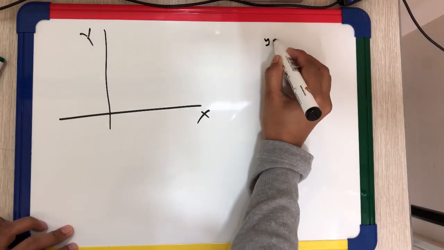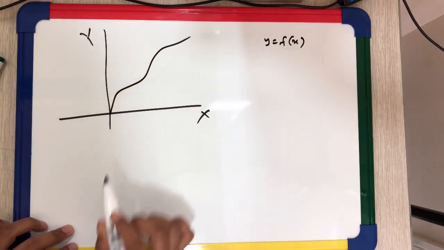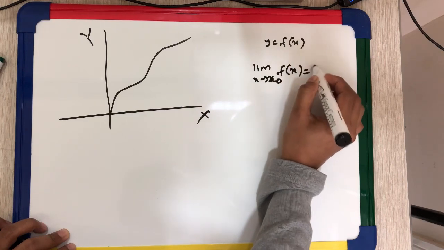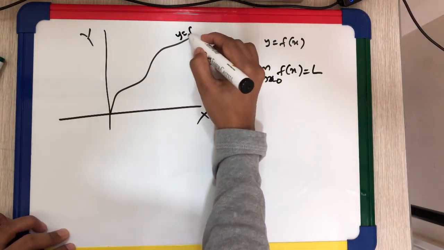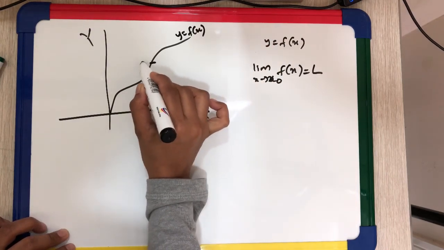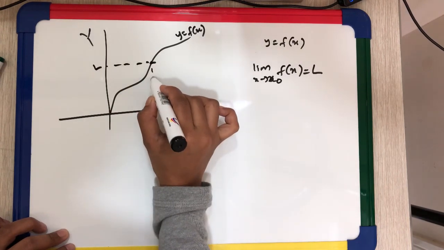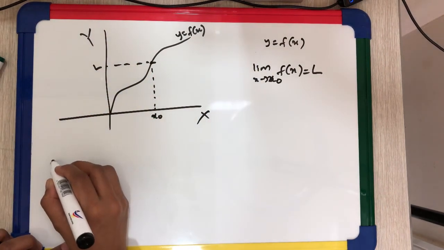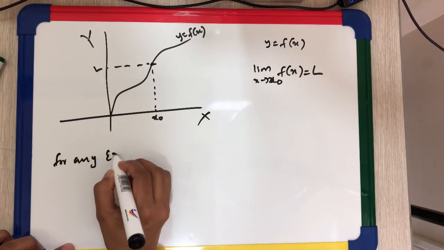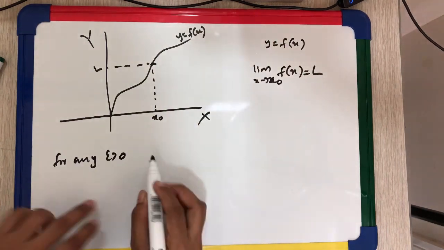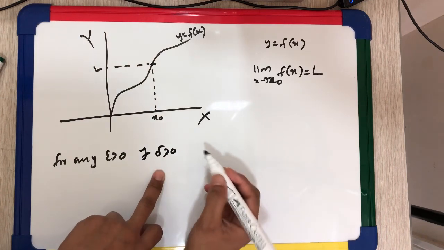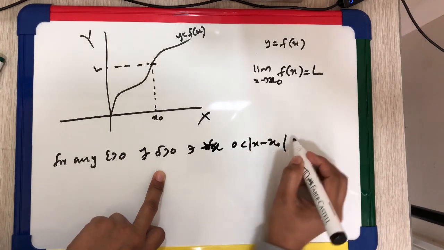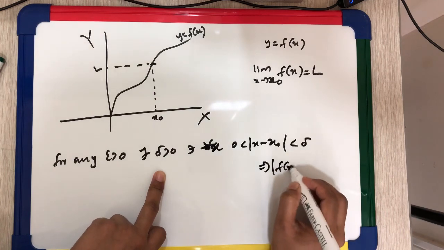Let y equal to f of x be any function. To say limit as x tends to x0 of f of x is equal to L, suppose that y equal to f of x is a function and this function has the limit L. The definition says, for any epsilon greater than 0, we should find a delta greater than 0 satisfying, for all x, 0 less than mod x minus x0 less than delta implies mod f of x minus L less